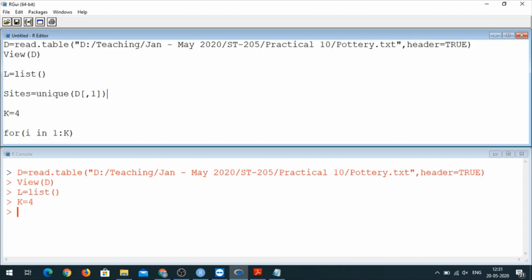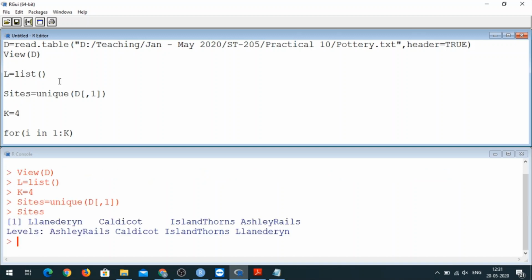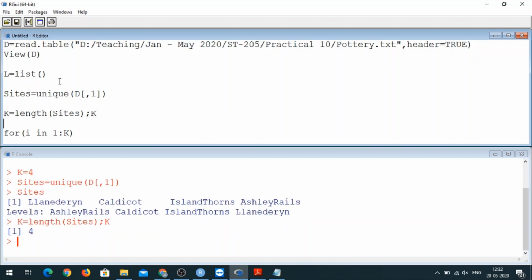The unique command gives me how many distinct entries there are. This gives me 4. So k I can say is length of sites. Okay, so k is 4.